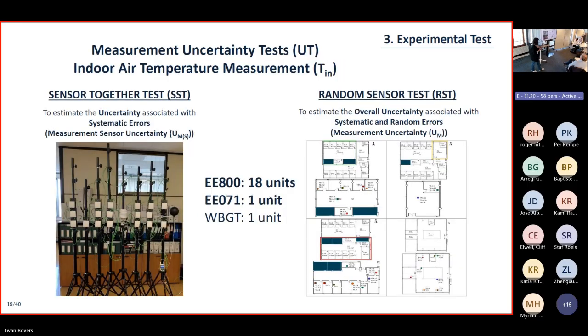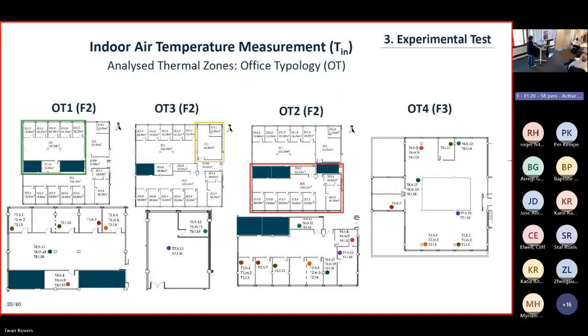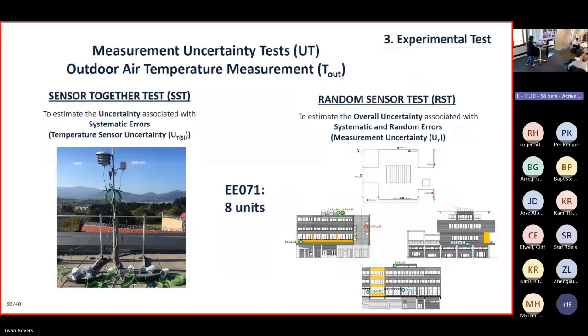In the case of indoor air temperature, we conducted the sensor together test with all sensors, with all the equipment, hardware and software included here, to estimate the uncertainty associated with systematic error. And the random sensor test is with the sensors randomly installed around the different typologies studied. So here we have the 4 office typologies with different orientations, and this is an example and pictures of this